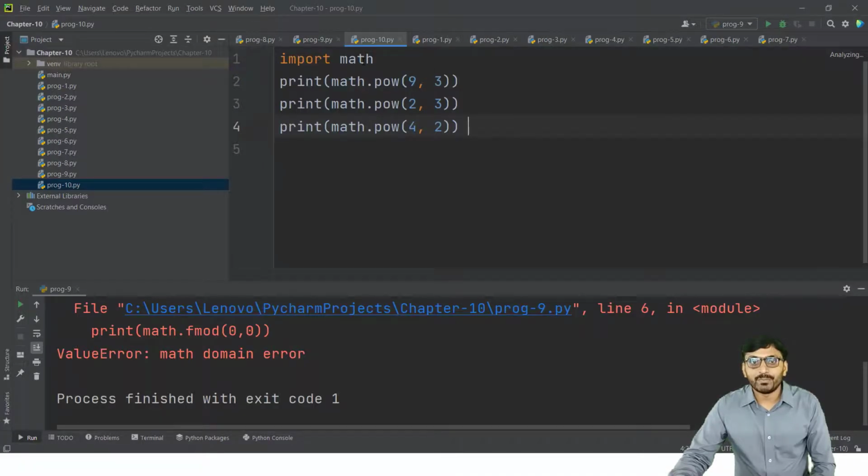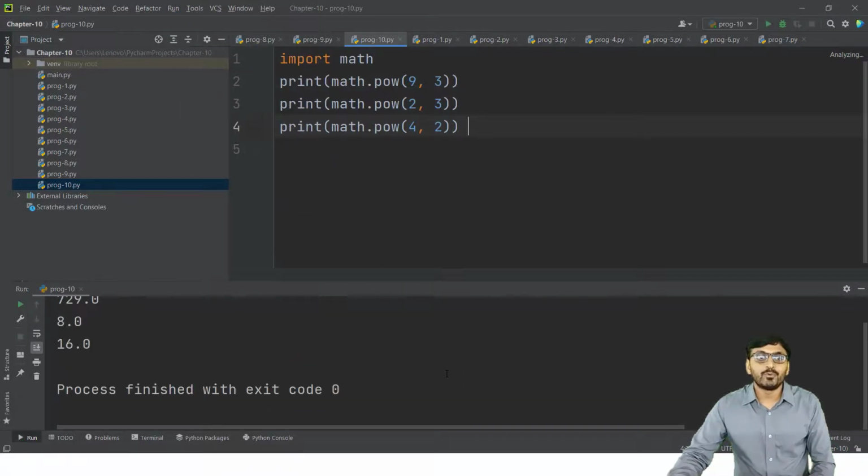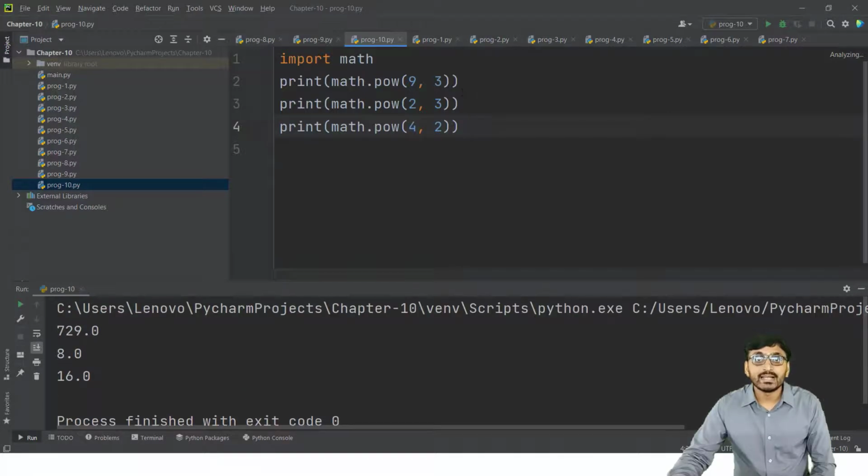Same one: import math, then math.pow(9, 3), math.pow(2, 3), math.pow(4, 2). If we run this program, the output is 729.0, then 8.0, then 16.0.